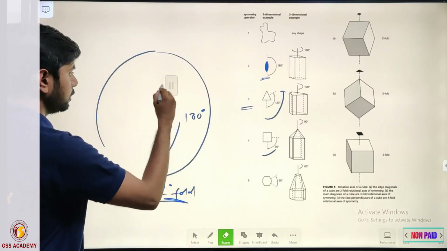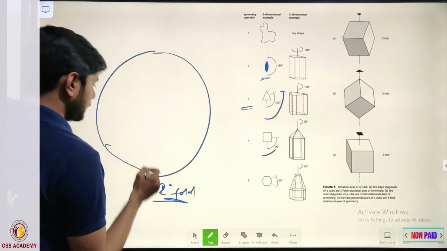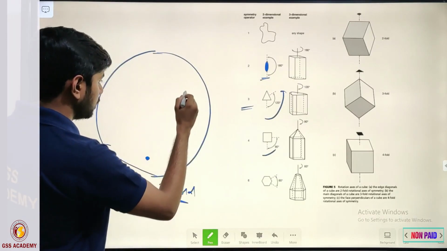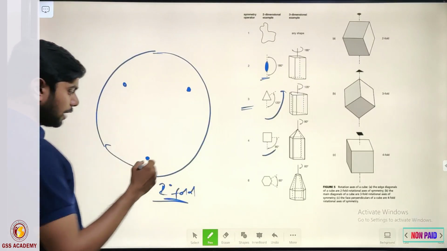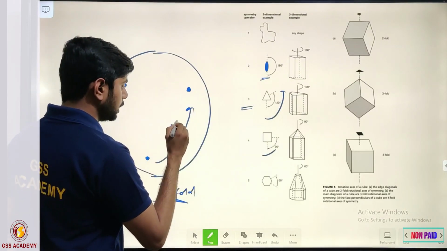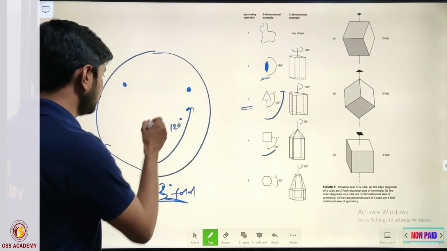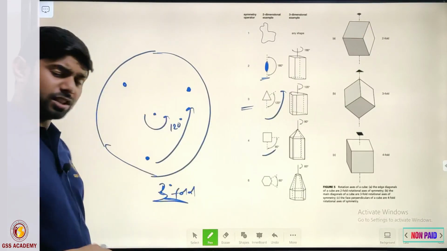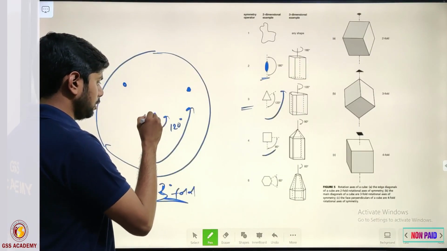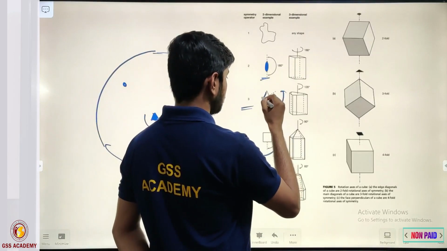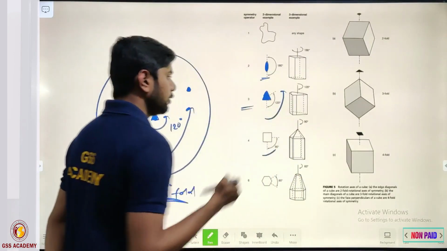Okay, after that, if I am rotating the crystal to 360 degree and the same phase is appearing after an interval of 120 degree, then we will be considering that axis of symmetry as a three-fold axis of symmetry. Okay, and the notation for that is a triangle, or a solid triangle. So after rotating every 120 degree we are getting the same phase.